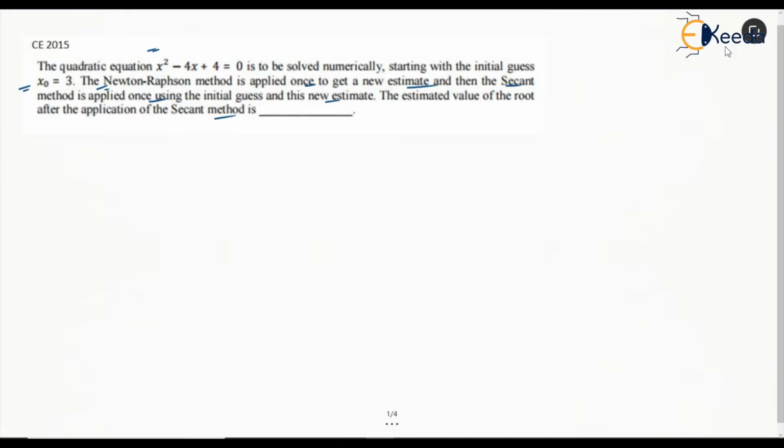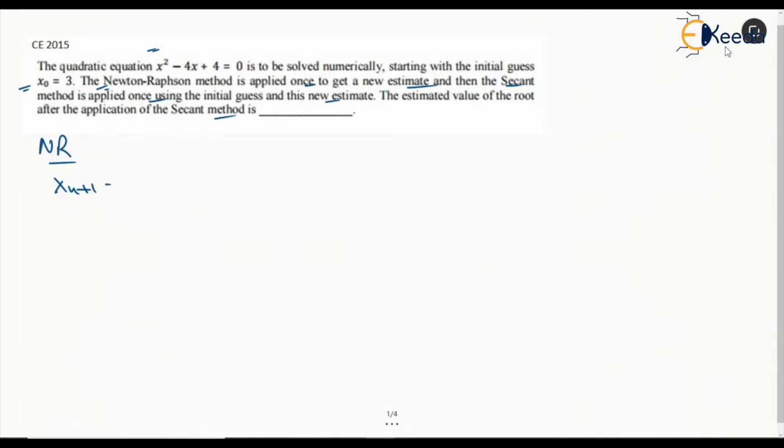That means for this equation, first we will apply the Newton-Raphson method and find a new estimate, and then we will apply the second method, for which we will find the new estimate again. So that will be the second estimate, and we have to consider the initial value to be x naught equal to 3. So now if you have to apply the Newton-Raphson method, the formula is